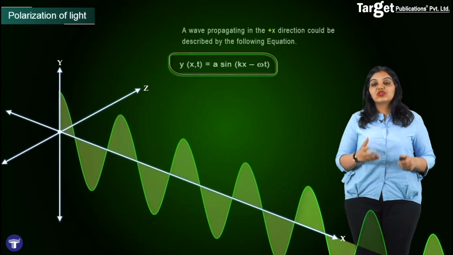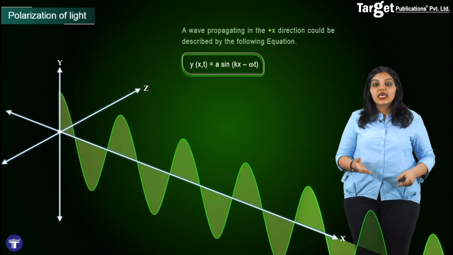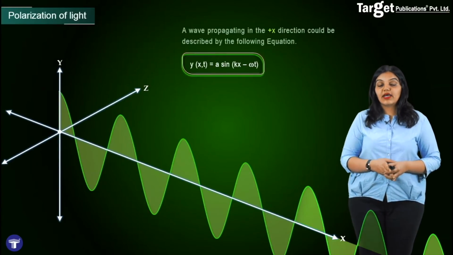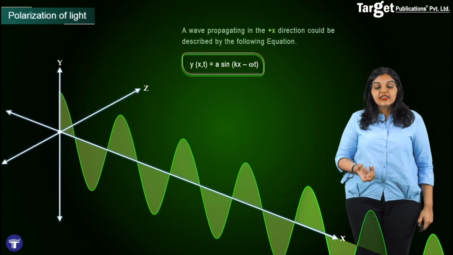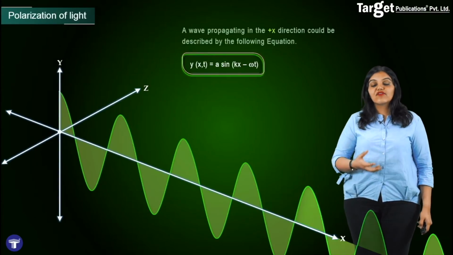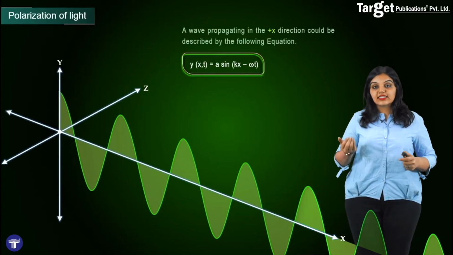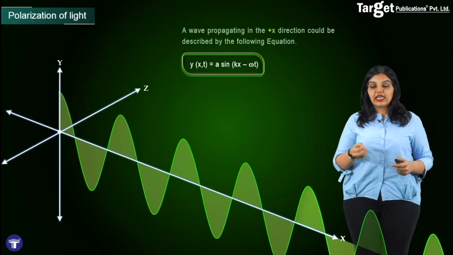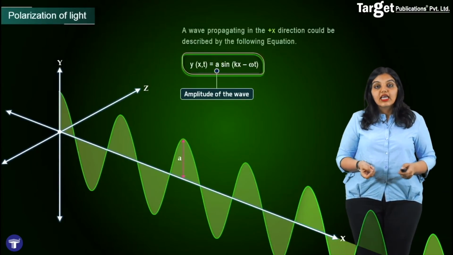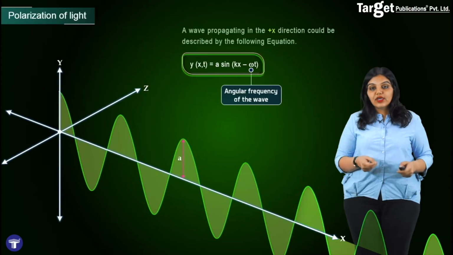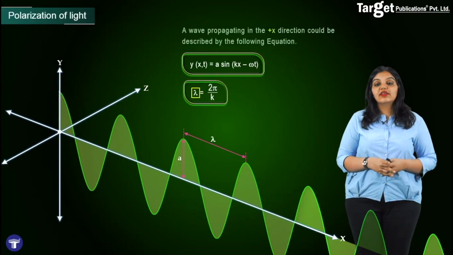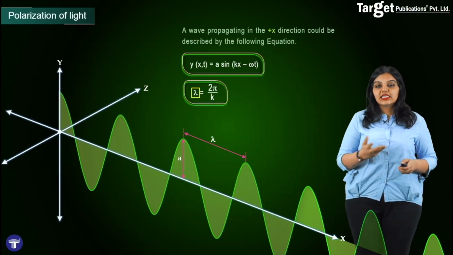Such a wave which travels along the plus x direction is described by the formula y = a sin(kx − ωt). You can see that the displacement of the particle along the y direction is a function of its position along the x direction, that is x, and of course of the instant of time t. Here of course a is the amplitude of the wave itself, ω is the angular frequency of the wave, and finally we also know that λ is given by 2π by k, where k is nothing but the wave